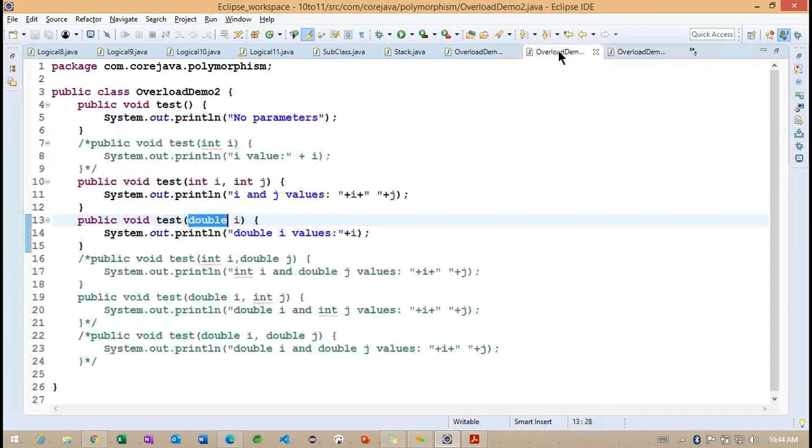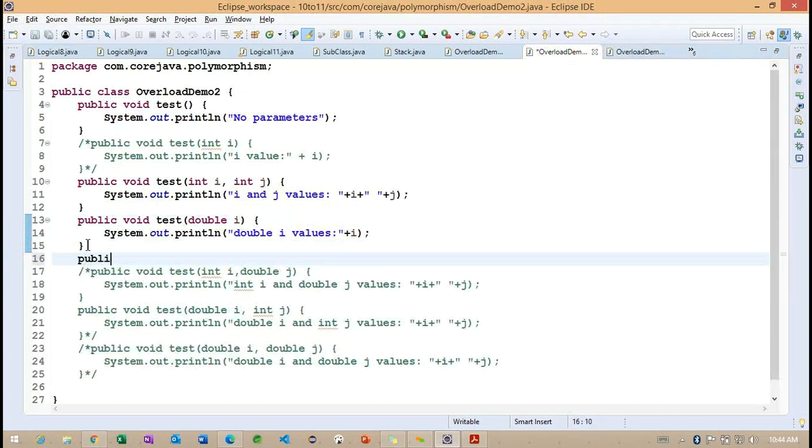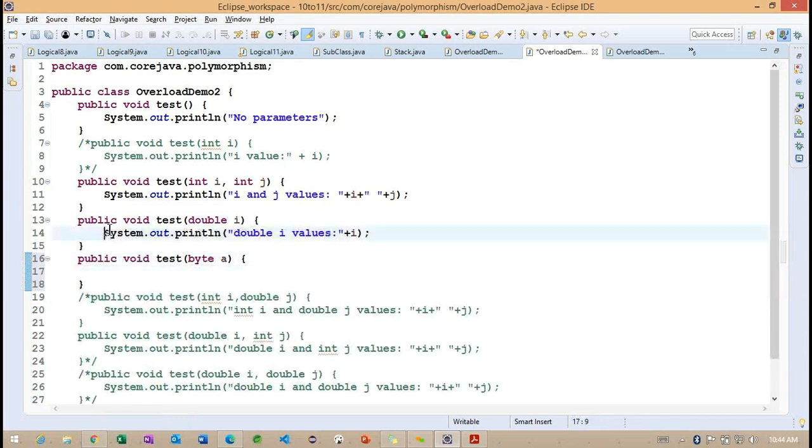Now carefully observe here. I'm going to write one more method, the same test method, which is expecting the byte data type, byte a value.